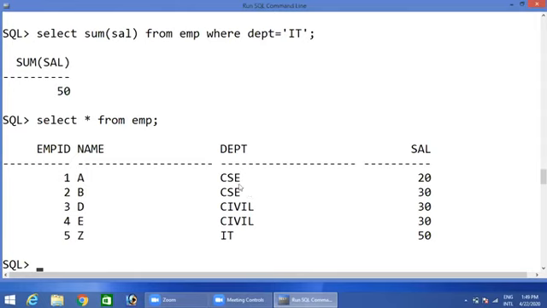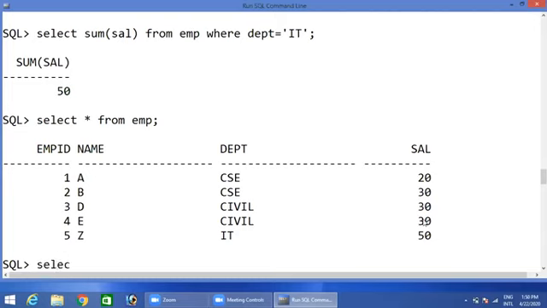Now see, if you want to know each and every department sum salary at a time in the result set. Sum salary you will get, it throws a single record, civil single record, IT single record. So I want to get sum salary of each and every department. How?